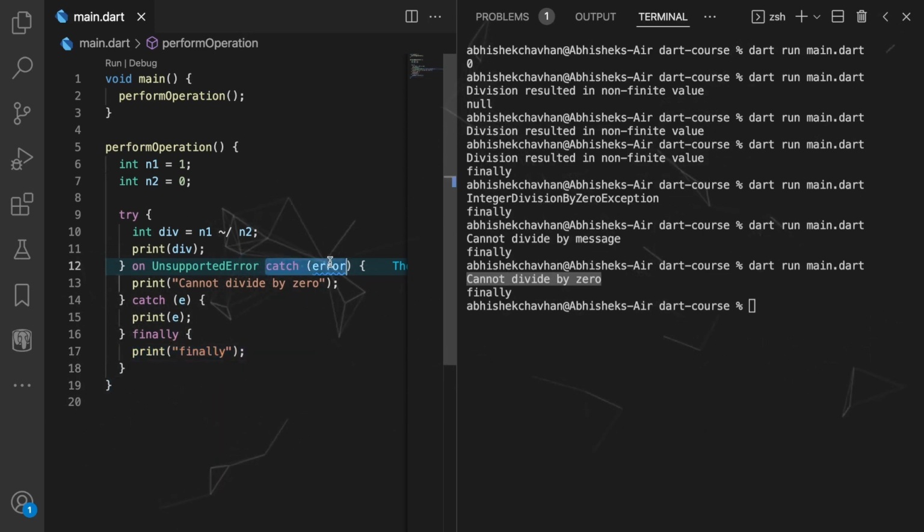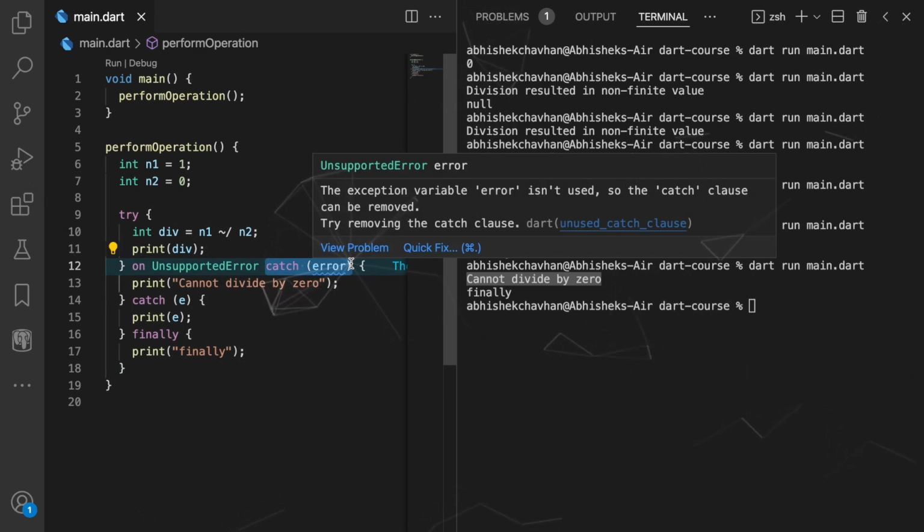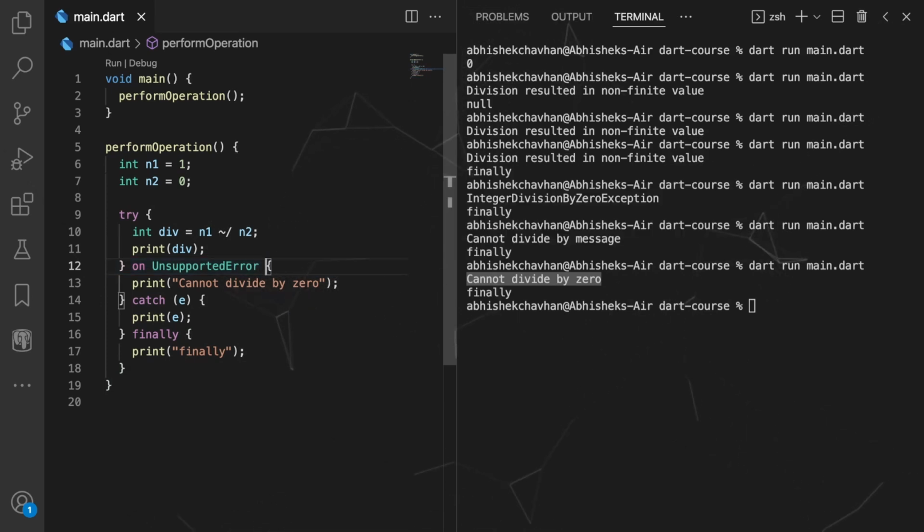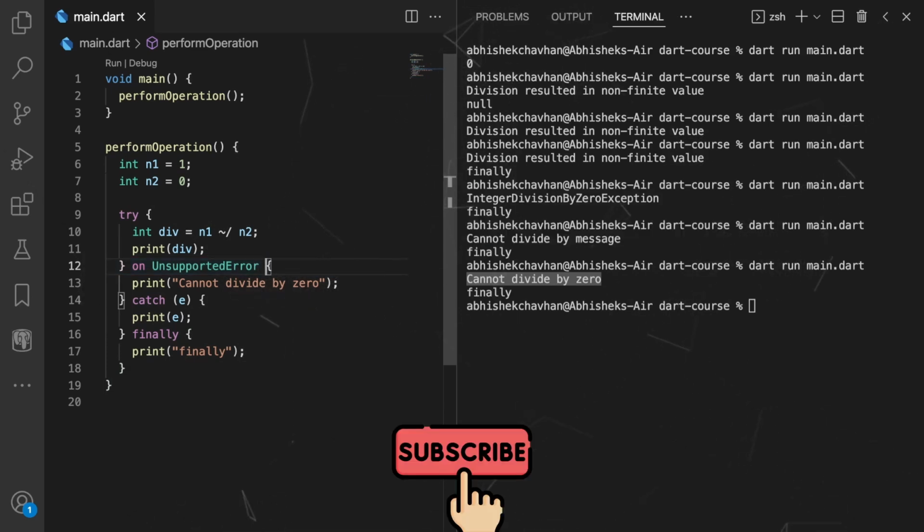Now we will also be looking at types of exceptions when we will be building Flutter projects, but for now simply pay attention to the syntax and the logic behind catching and handling exceptions. So this was all for today. It was a kind of small video. I'll see you in the next one where I'll show you what typedefs are and how you can use typedefs in Dart.